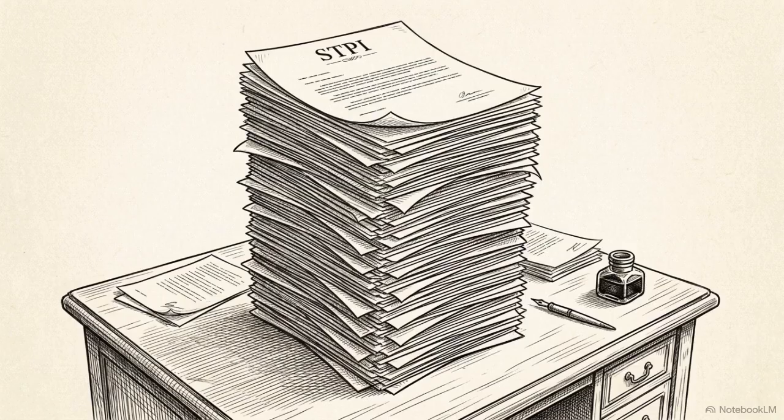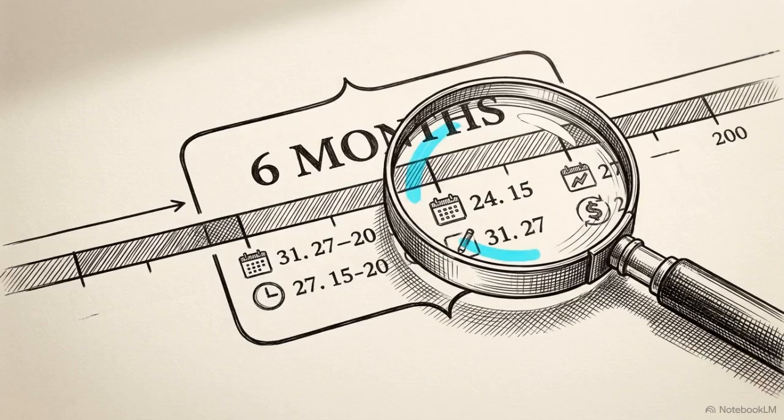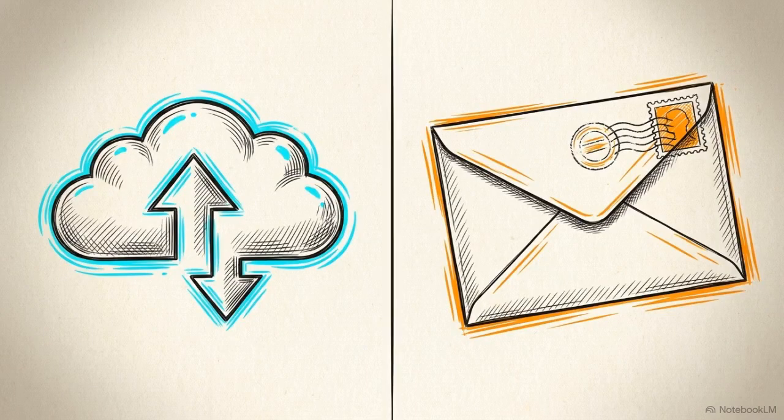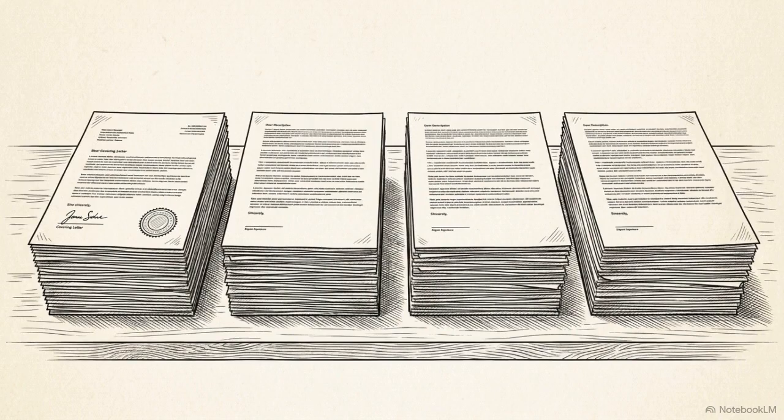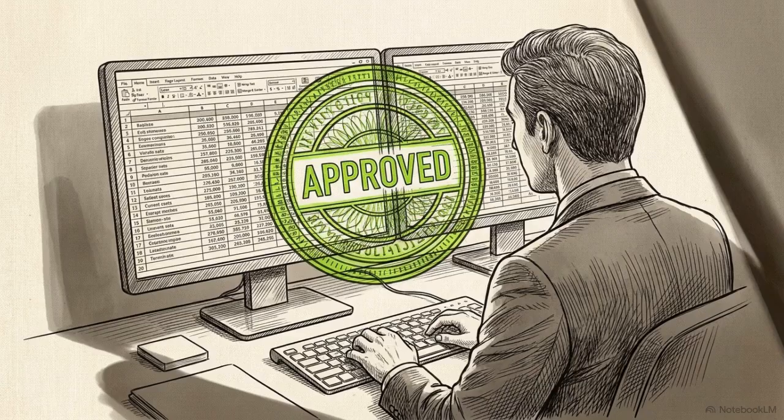You only need to produce those massive physical documents if STPI formally requests them for a sample audit, which they may do within a 6-month window. To submit the filing, you perform a dual submission. Upload your soft copy Excel sheet to the unified online portal and simultaneously submit a covering letter along with physical annexure copies in quadruplicate. On the back end, STPI authorities review your submission, authenticate the data, and digitally certify the